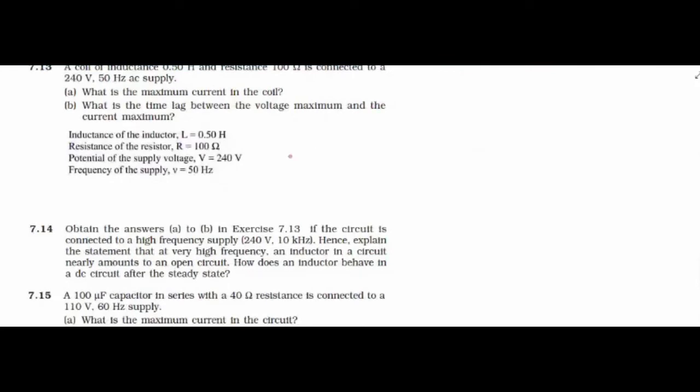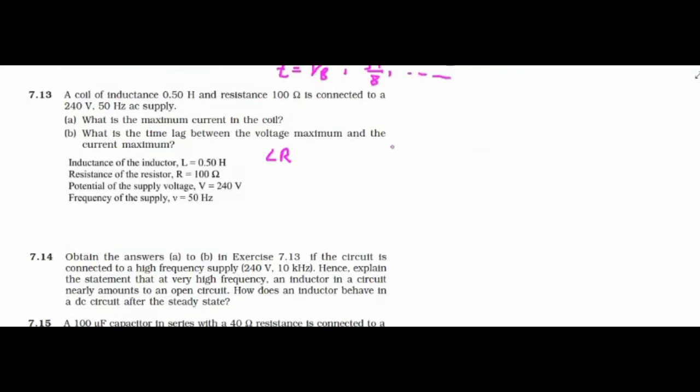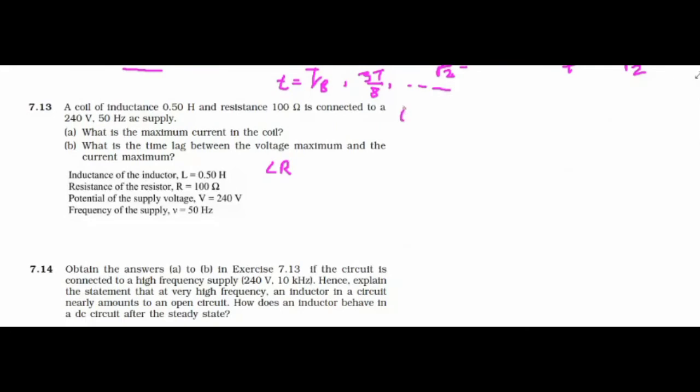In question 13, you have an inductor and a resistor, which means the circuit is an LR circuit. The first question: what is the maximum current in the circuit? Maximum current we have to calculate. So here we have Im. Im is equal to Vm divided by Z